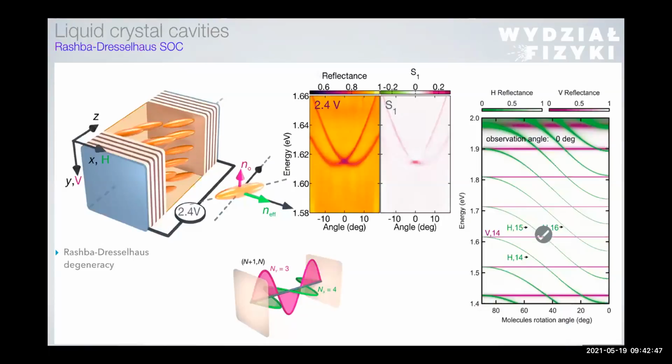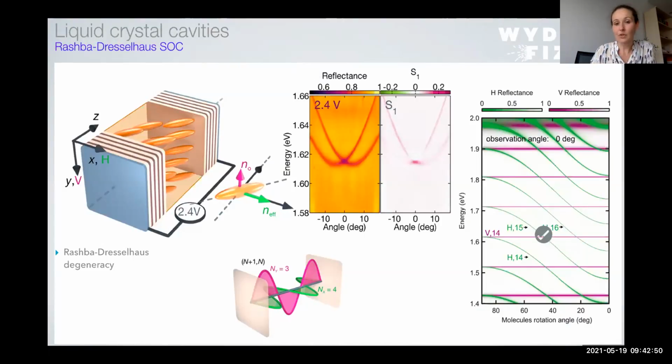Okay, so we had this very peculiar regime that was very interesting for us, so we explored it a lot. For such a particular orientation of the molecules, what we do observe is that the modes of different parity become in resonance. And what we observe in the reflectance spectra is the separation of the two branches, with the minima for different wave vectors. And then we could not probe, of course, the S1 polarization, the S1 Stokes vector, but